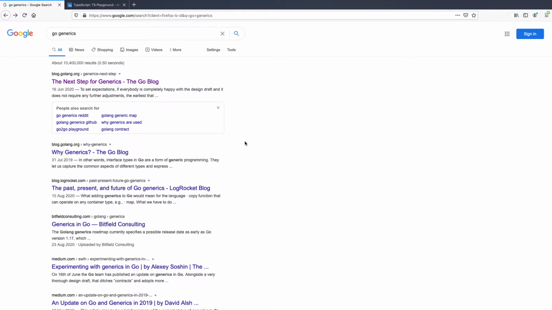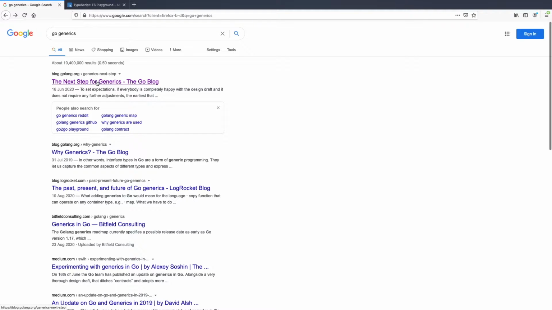Every so often, I get slightly frustrated with writing something in Go because Go doesn't have generics. And when I do that, I find myself constantly Googling Go generics, just like I've done here. And I've been doing this for a few years now, hoping that the proposal or the request for generics has progressed. And recently, when I did Google, maybe a couple of months ago, Go generics, I got this top result.